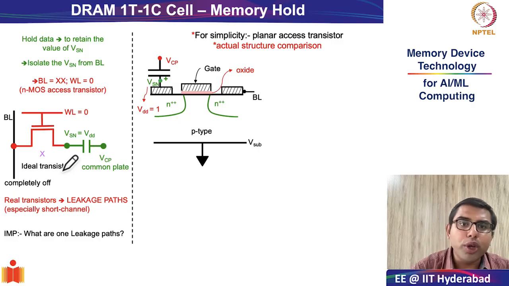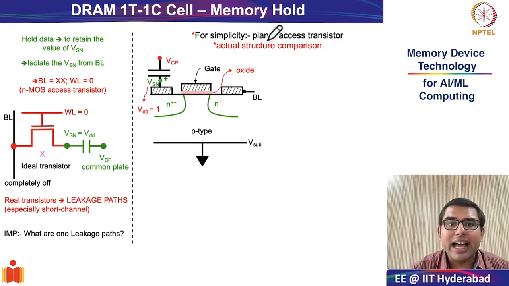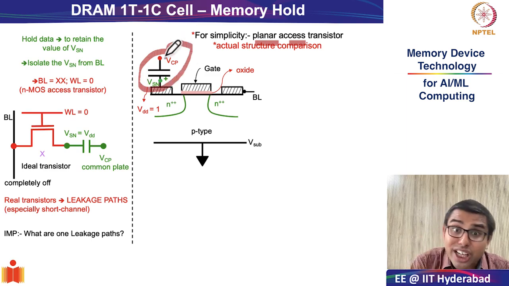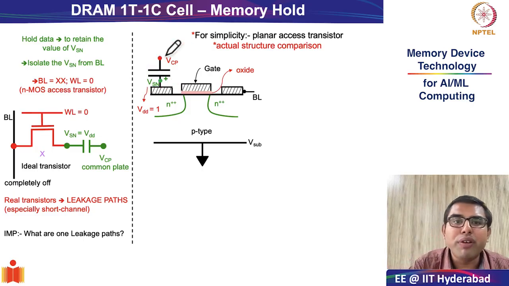So in front of you, for simplicity's sake, I have placed a planar access transistor and a simple storage node. Remember, this is not the actual representation on a fabricated chip. We saw in the previous slide, actually the transistor is very small and the storage capacitor is very large. But for the sake of understanding just the leakage paths, it might be more valuable to represent it like this for the time being. So the question that I want to ask you, from your knowledge of semiconductor devices, can you start